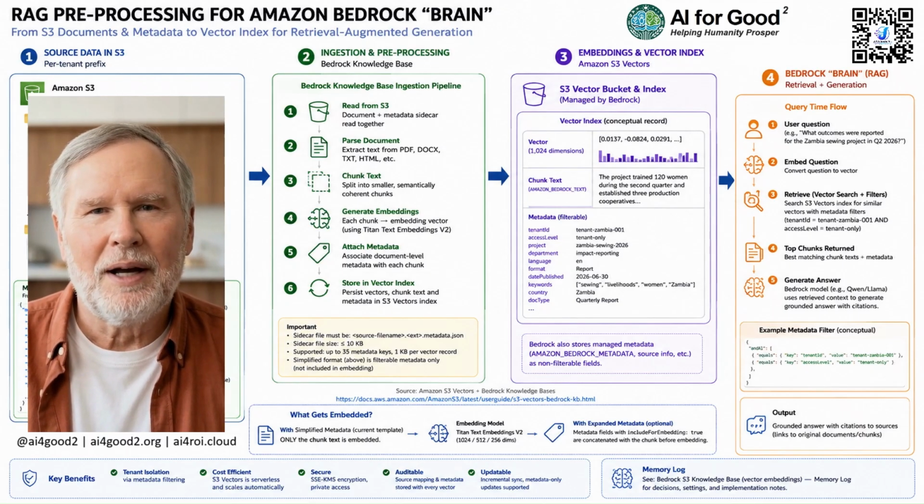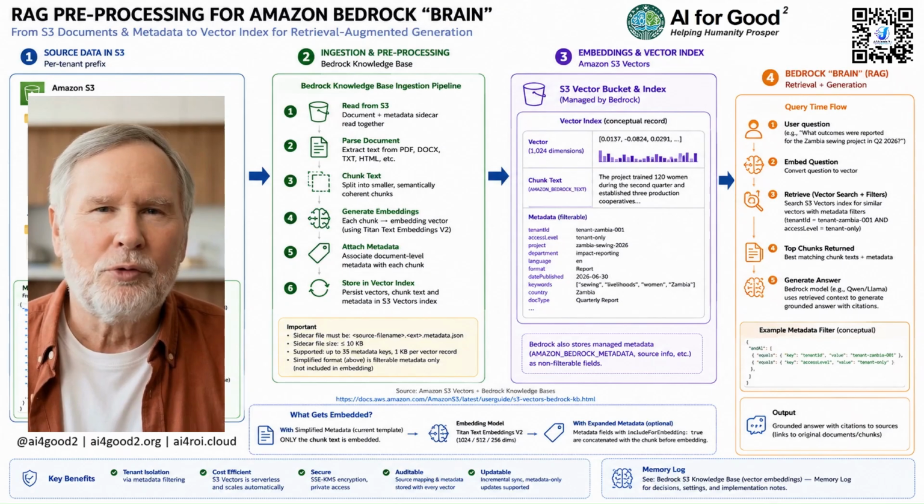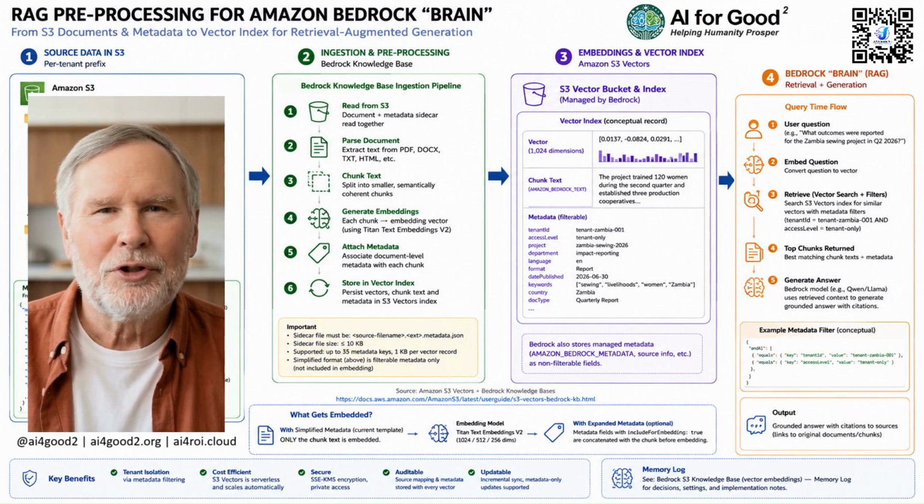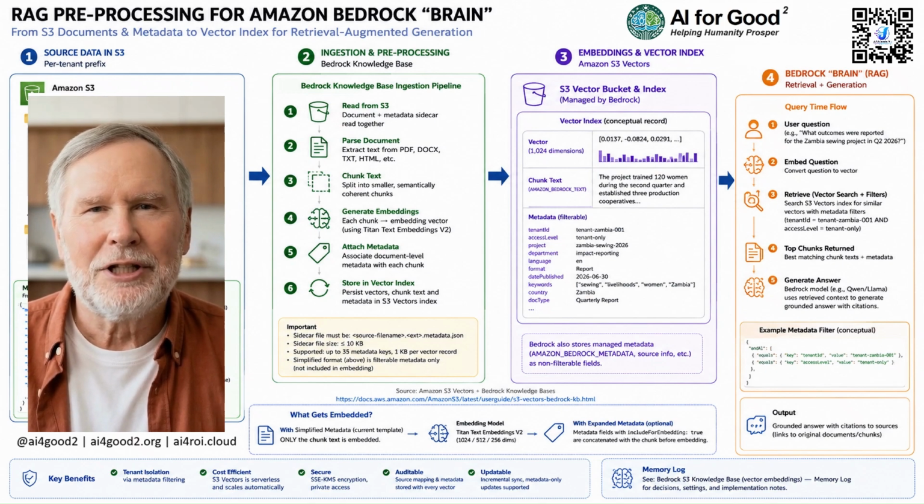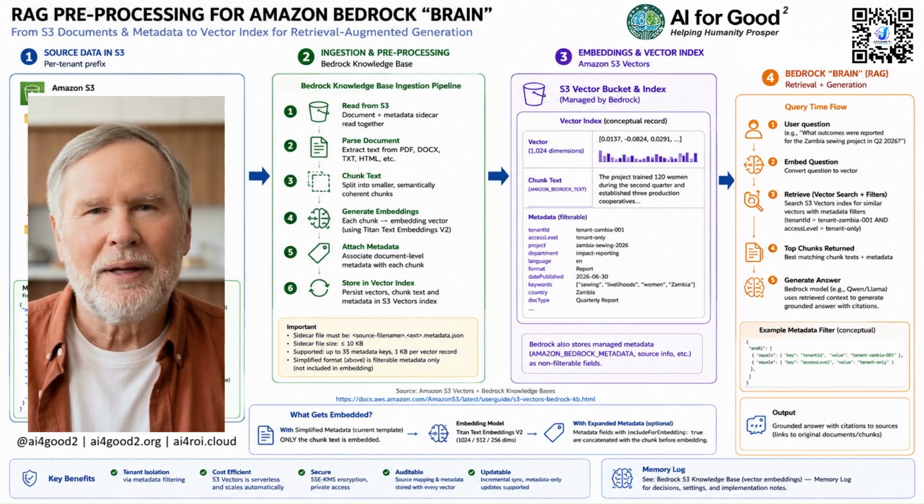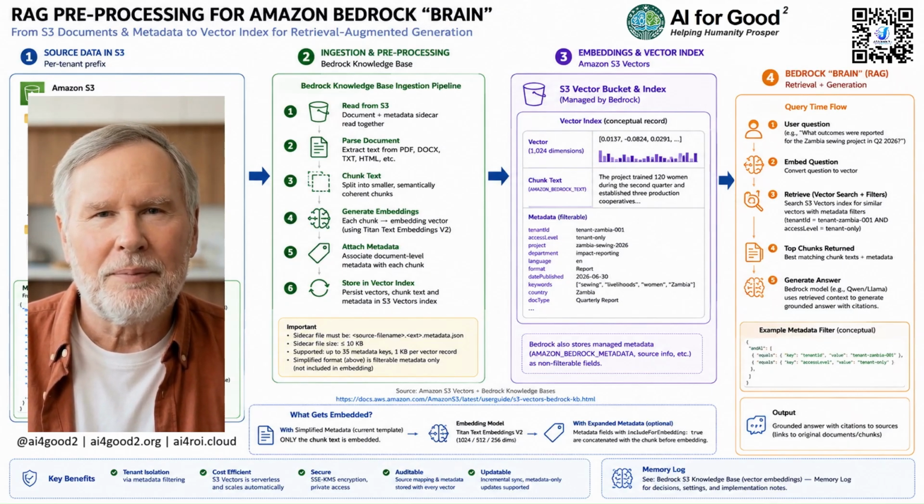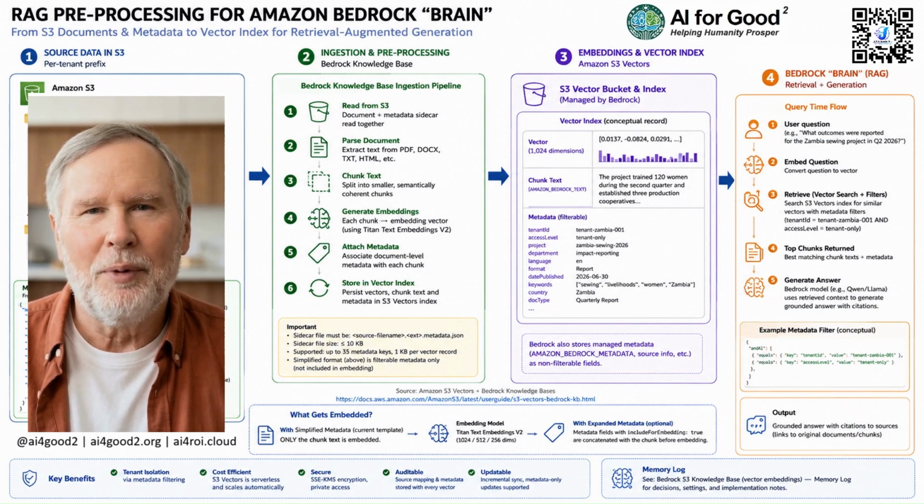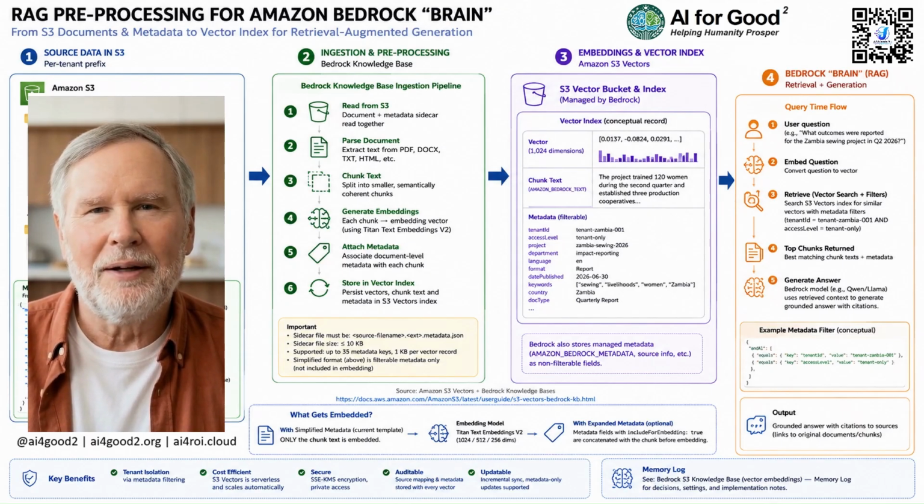At the very bottom of the diagram, a clear summary of key benefits reinforces why this architecture is so powerful for AI4 Good Squared's work. Tenant isolation through metadata filtering, cost efficiency with serverless S3 vectors that scale automatically, security via SSE-KMS encryption and private access, auditability with source mapping and metadata stored alongside every vector, updatability through incremental synchronization and metadata-only updates. In short, the RAG pre-processing pipeline is the quiet, disciplined foundation that allows Amazon Bedrock's brain to deliver